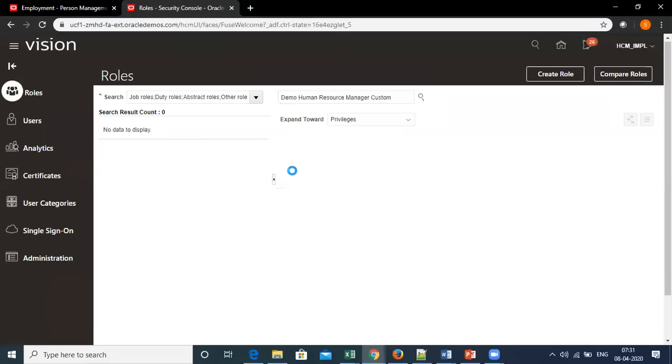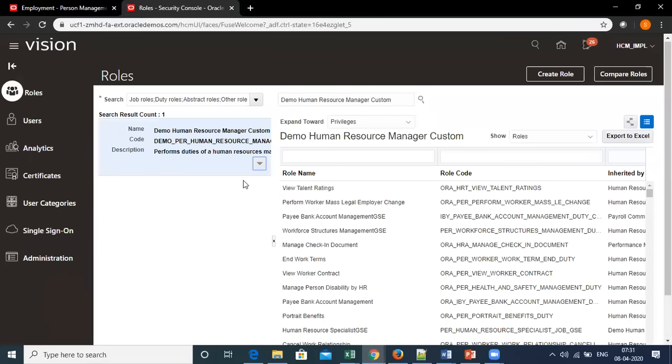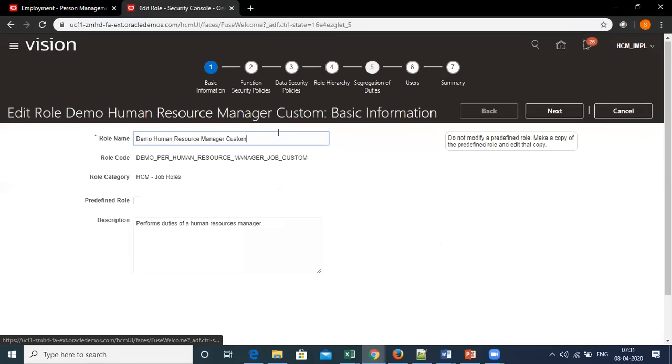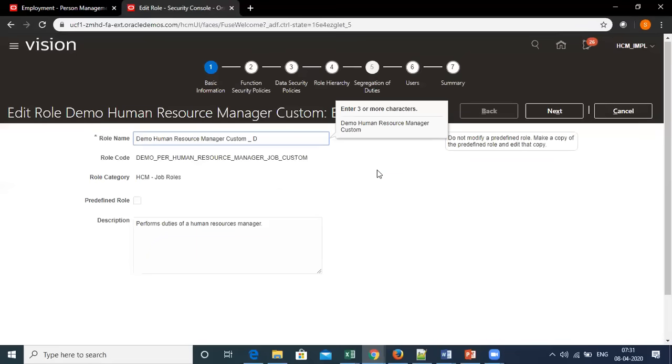So as I was saying that you cannot delete the role, what you need to do is, let's say this is the role which you have created, but now you don't want to use this role. You can go to edit role and you can change the name. You say it not in use. This is just an outside of the box practice.